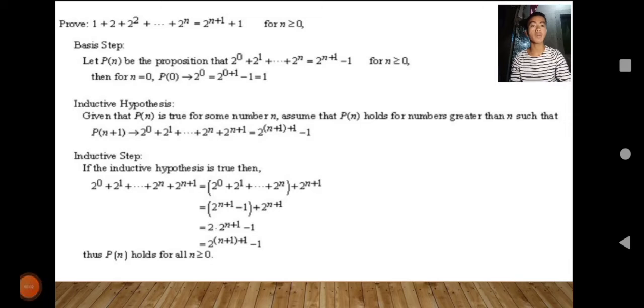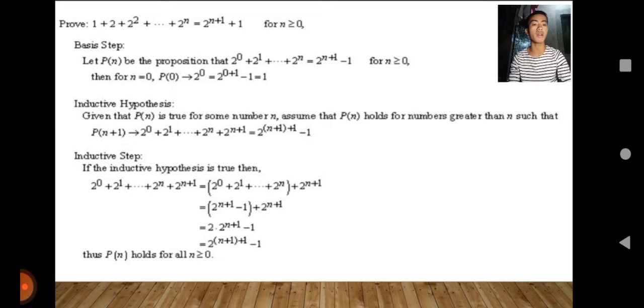Then for n equals 0, we need to change all the values of n to 0. Because it becomes P(0): 2^0 = 2^(0+1) - 1, which equals 1. In the inductive hypothesis, given that P(n) is true for some number n,